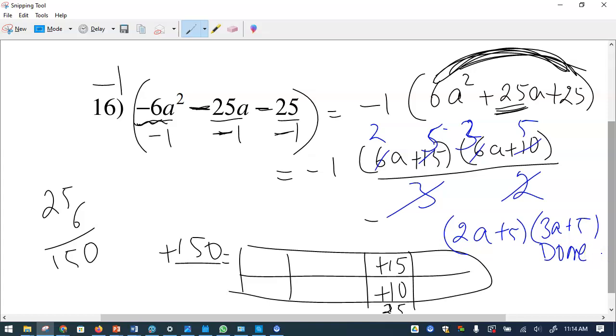So I hope this way you will continue. I want you to do the rest of the problems yourself. Okay. And make sure to show the work and turn